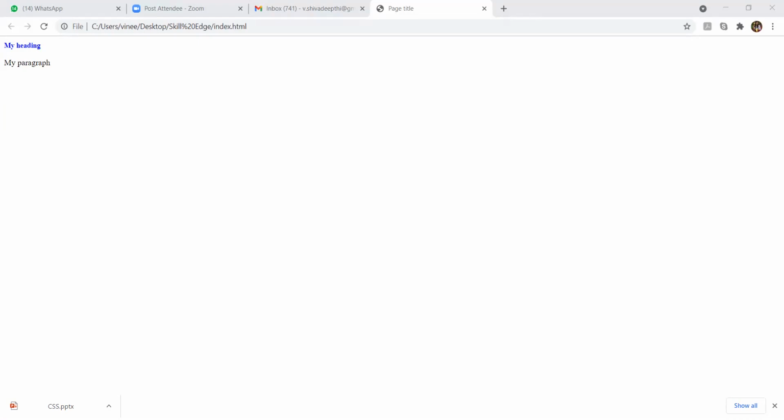So next we will see about inline and external CSS now. So what is inline CSS and what is external CSS? We have already seen how we have to add CSS inside the style tag and inside our head tag also.